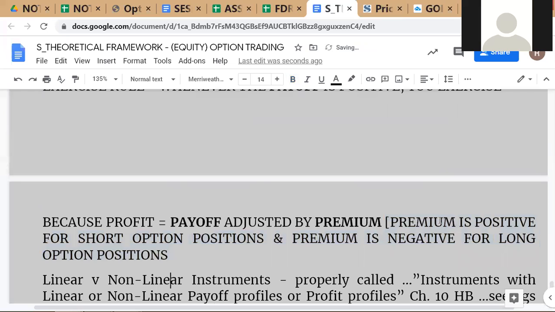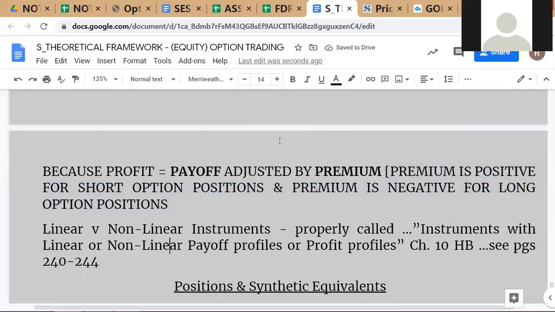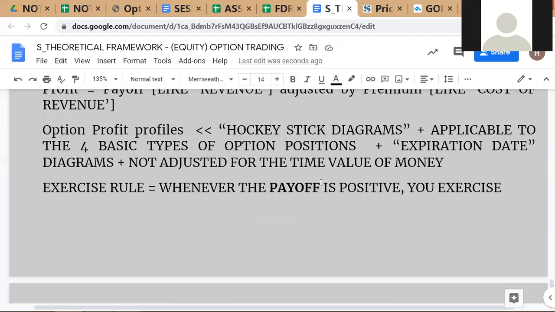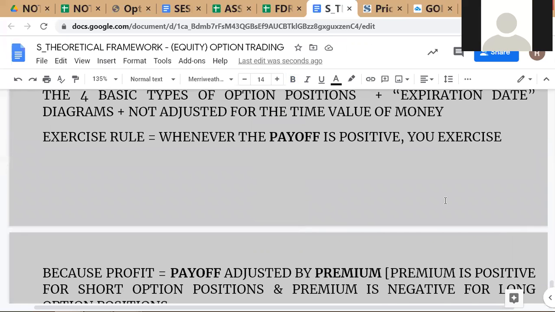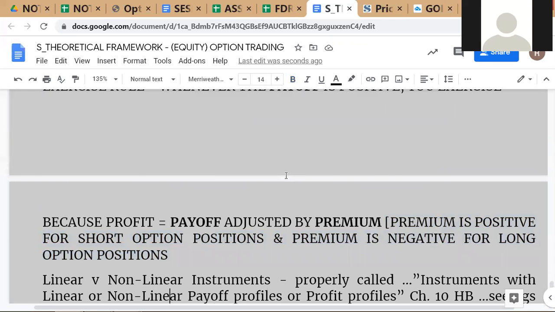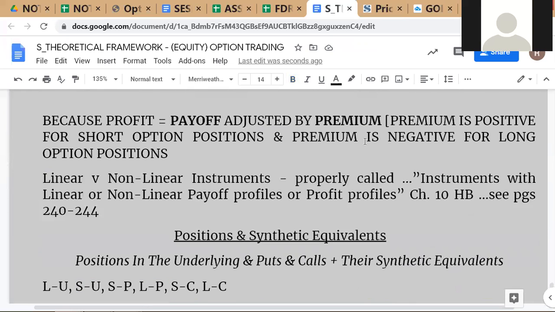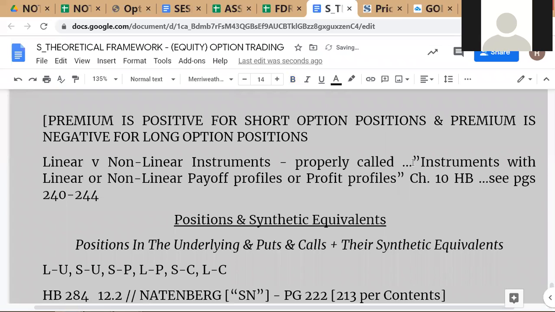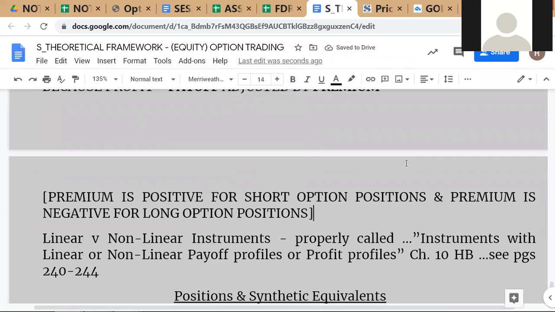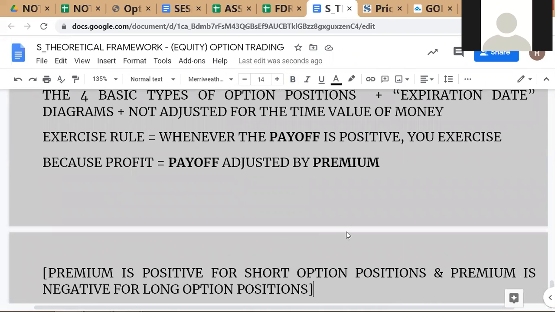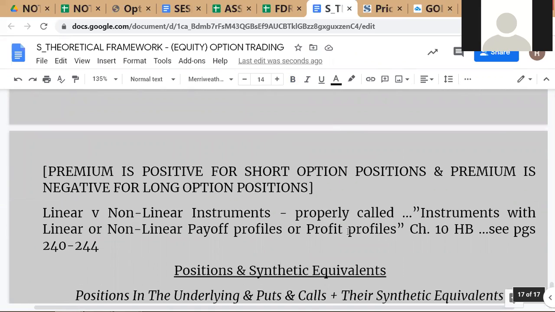All right. So the exercise rule is, whenever the payoff is positive, you exercise. Why? Because profit is payoff adjusted by premium. Let me put this on the side here. Premium is positive for short option positions, negative for long option positions. In both cases it will be true. Profit is payoff adjusted by premium. So